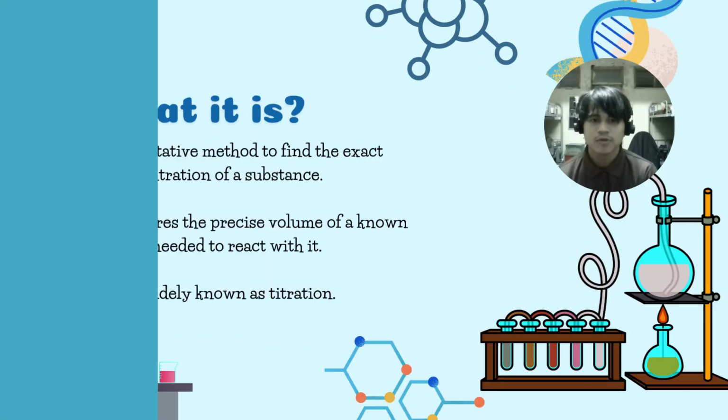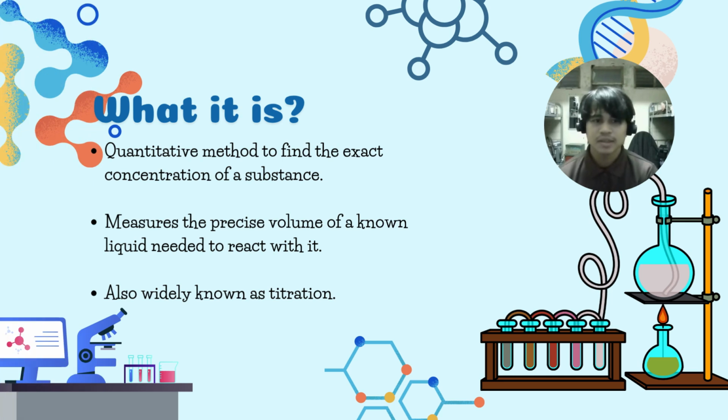To understand how food labels are verified, scientists rely on a foundational technique known as volumetric analysis, commonly referred to as titration. This is a highly precise quantitative method used to determine the exact unknown concentration of a specific substance within a sample. The core principle relies on a controlled chemical reaction. By gradually adding a solution of a known concentration to the sample, the reaction can be closely monitored and the chemical content is calculated based on the exact volume of